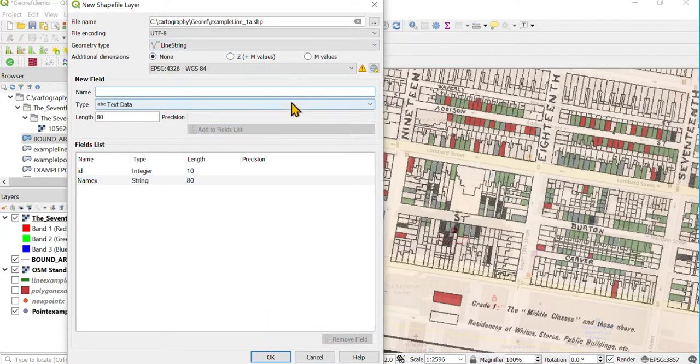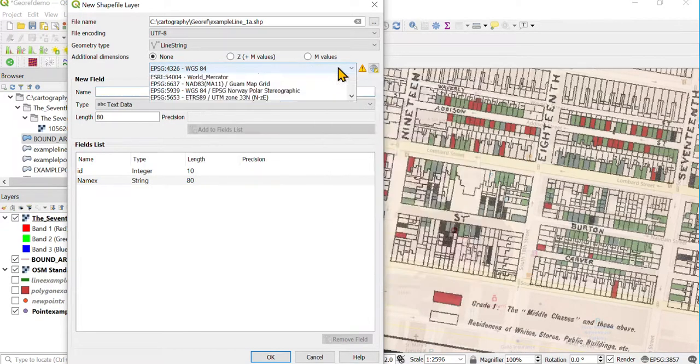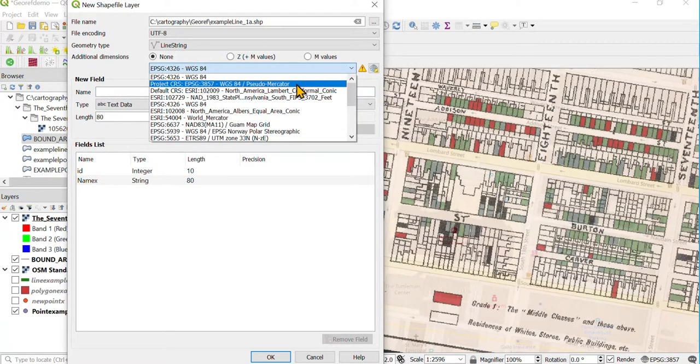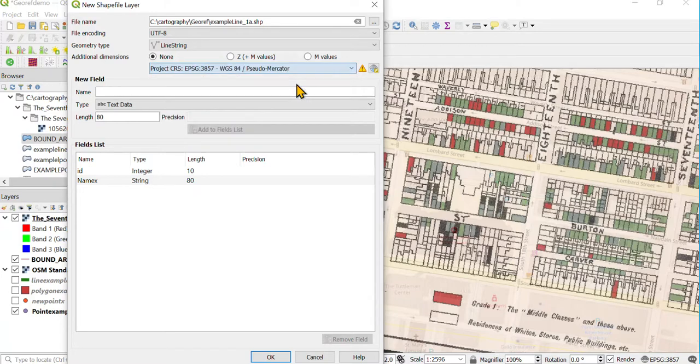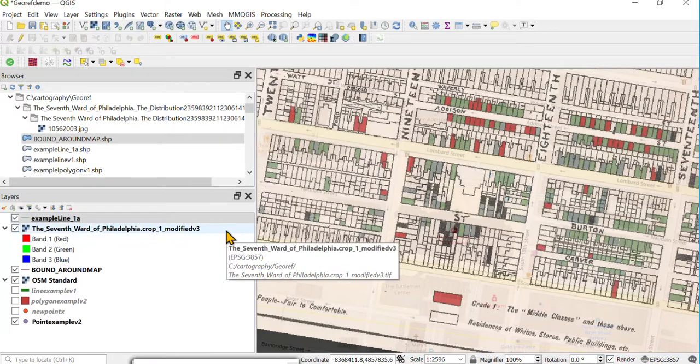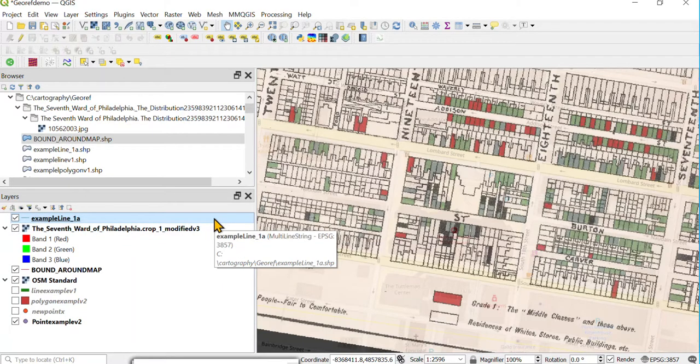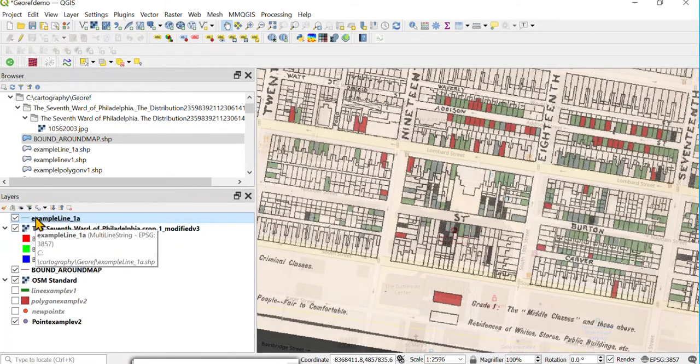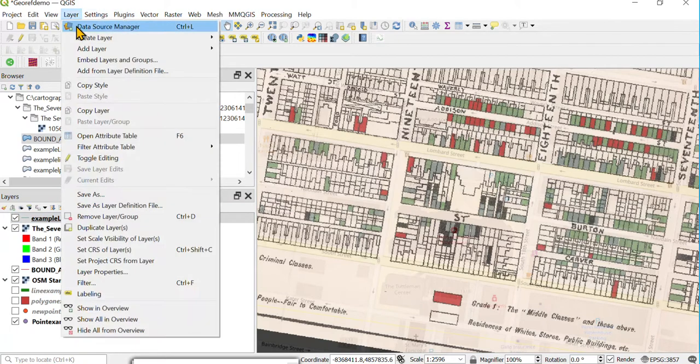And then after that, just double check what coordinate system you're going to use. I'm going to use the same as my map, which is the pseudo Mercator. As long as things are consistent, it'll work fine. You could always change the projections later. Okay, so there's our new line, and then we're going to go ahead and create